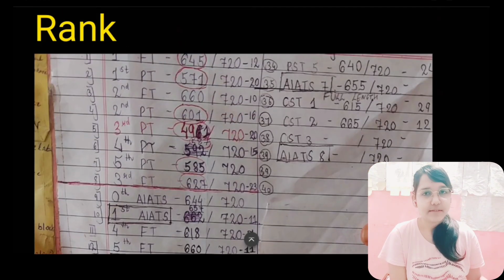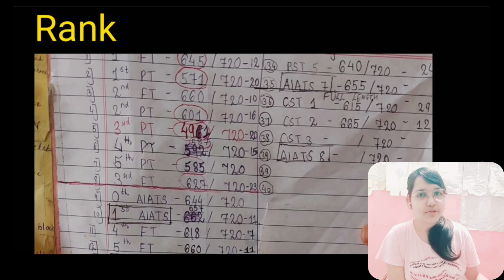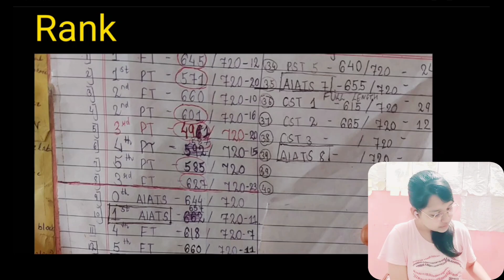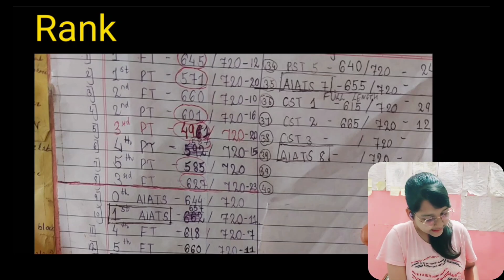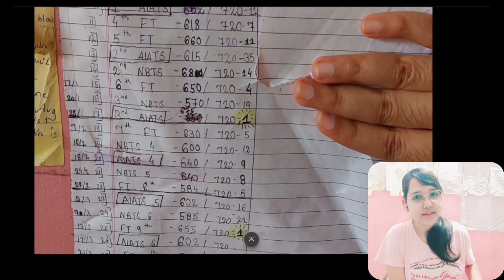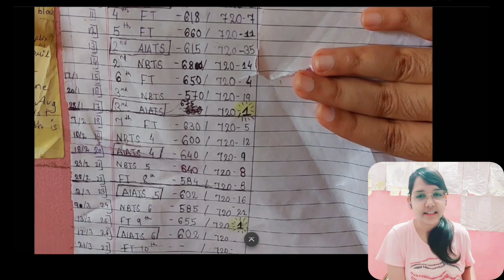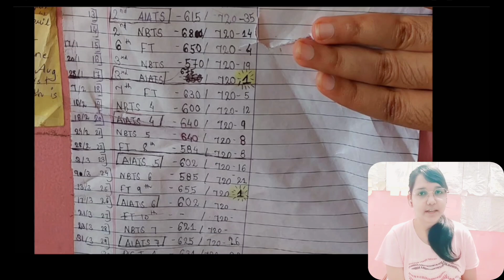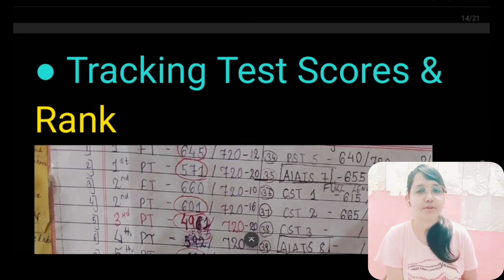In the beginning, when I started, my rank used to be within 15 to 20. You can see, and after I think 17 tests, I had rank 1 twice, and even on the 25th test, I had rank 1. It is just a center rank. Right from the beginning of the year, my target was not those marks. My target was the rank. I wanted to be in the top 10, and that should be your target too.